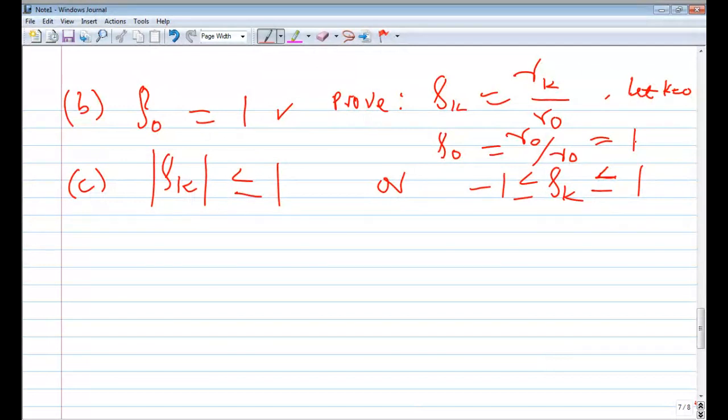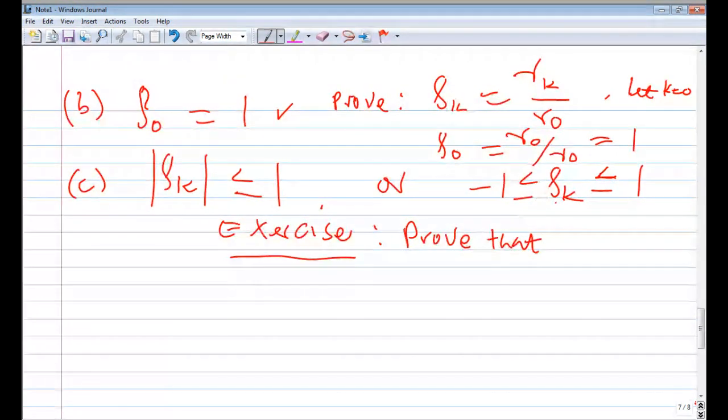Okay. Now, coming to property number 3 under the autocorrelation function. We said the absolute value of rho k is less than or equal to 1, or rho k is greater than or equal to minus 1 and less than or equal to 1. Let's say we just want to prove this, and I just want to leave this one as an exercise. But I will give you a hint. I just want you to prove that the absolute value of rho k